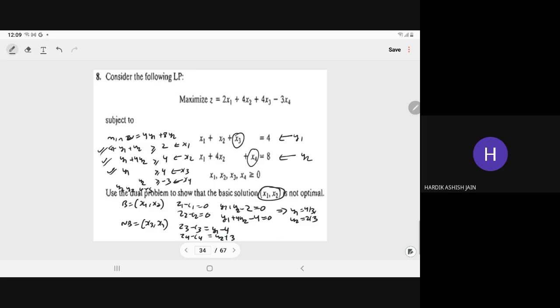Clear? And y1 we have already computed as 4 by 3, minus 4, and y2 is 2 by 3 plus 3. So it will be 11 by 3, positive, and